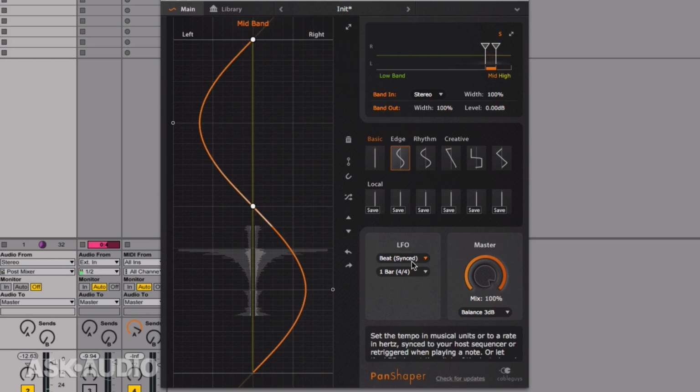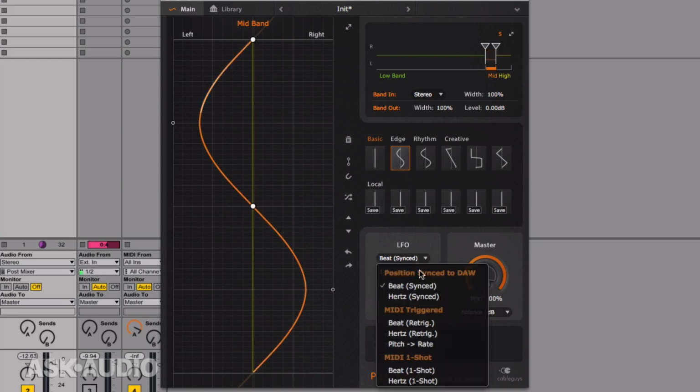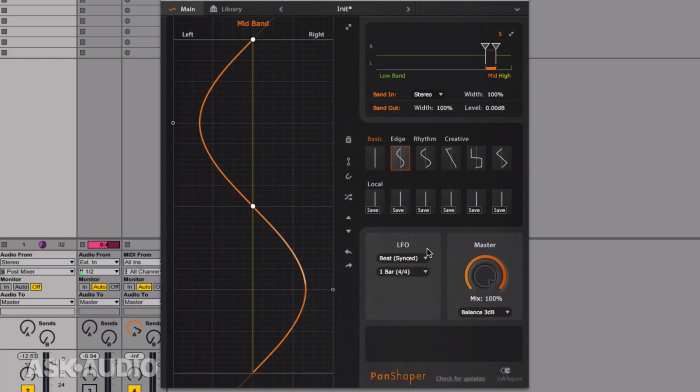Now I actually want to make the panning happen pretty rapidly, so I'm going to leave the actual beat function, even though I can use beats and I can go up to these higher rates of 128 for each bar if I want. I'd rather have a bit more fluid control over the rate of this auto pan, because I'm going to push it into the spectrum where it turns into an amplitude distortion as well as just being a pan